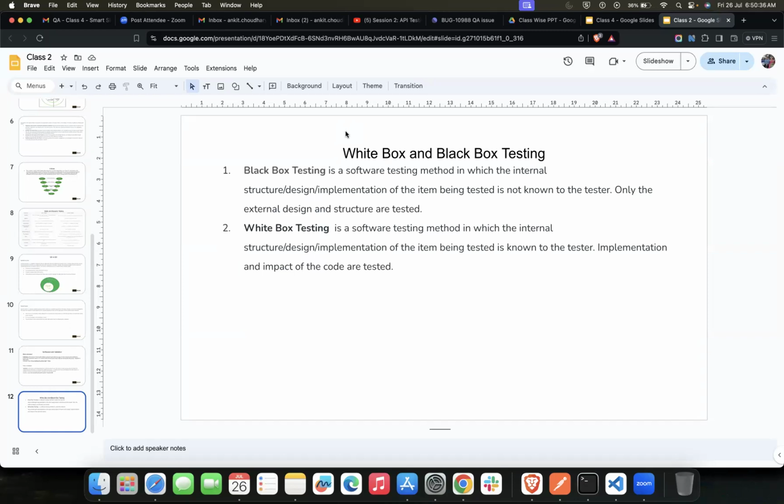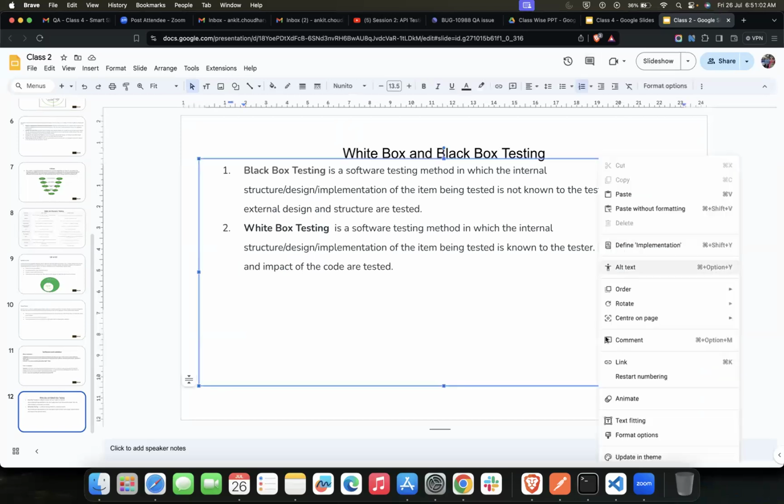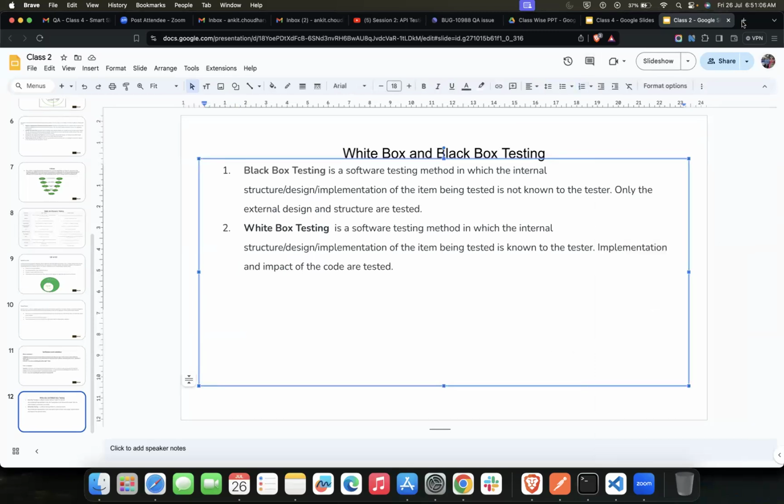Now, white box testing. When the same application is given to me for testing and I know about the source code. And by source code, I mean the code that has been written by the developers to develop that particular application or website. Once I do have the source code with me, or even if I don't, I can do one thing. I can just click here. There is, okay, the inspect button is disabled.